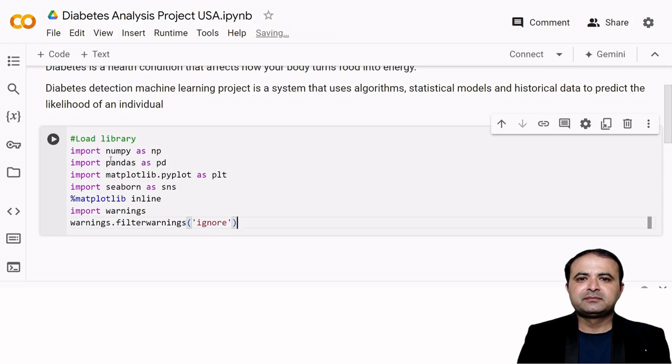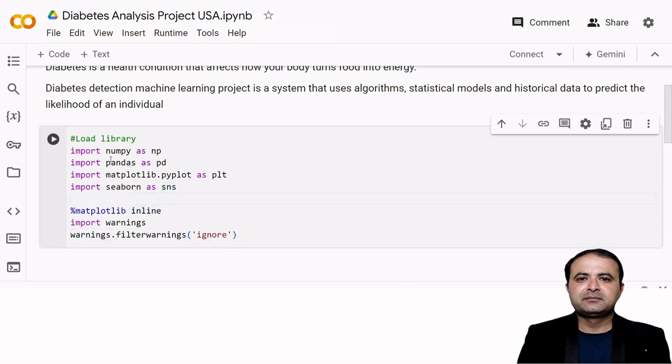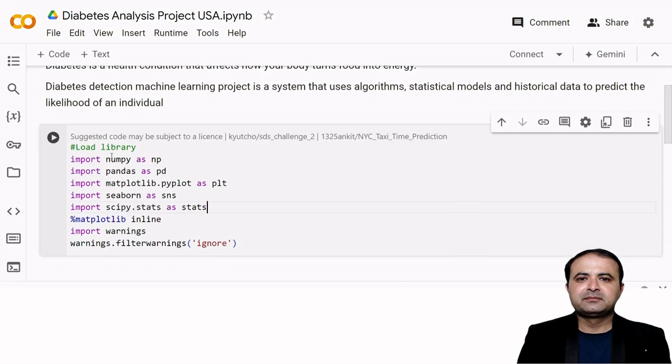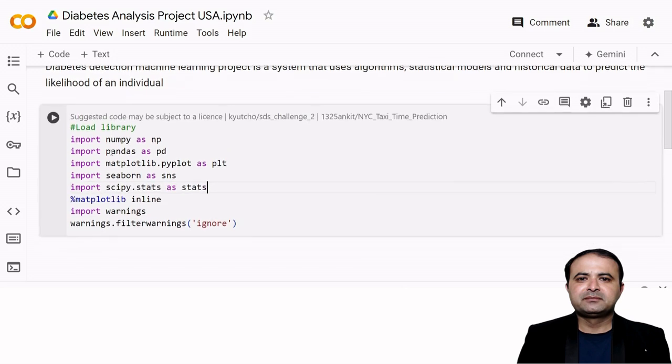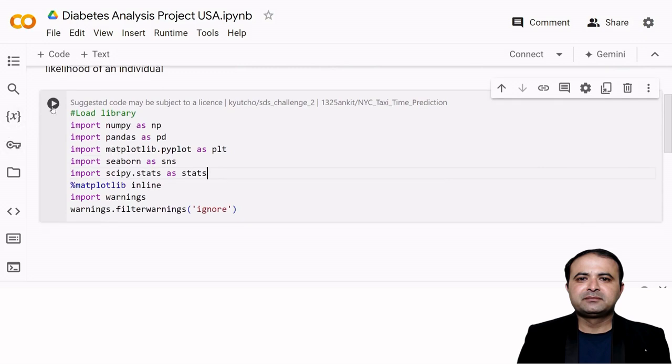So I have used some useful libraries, and some libraries like SciPy. So these are the libraries. Once I execute this,